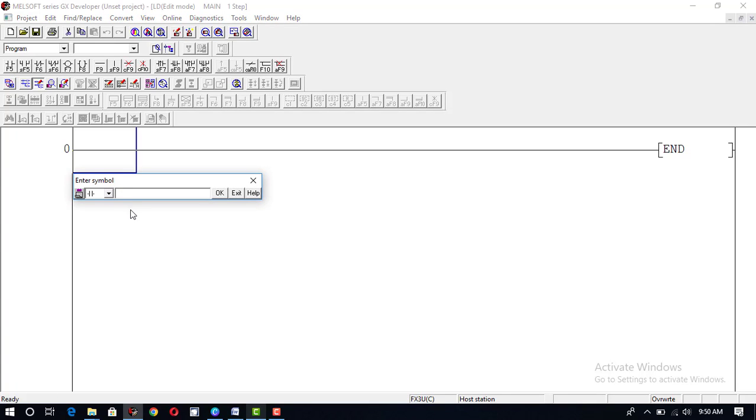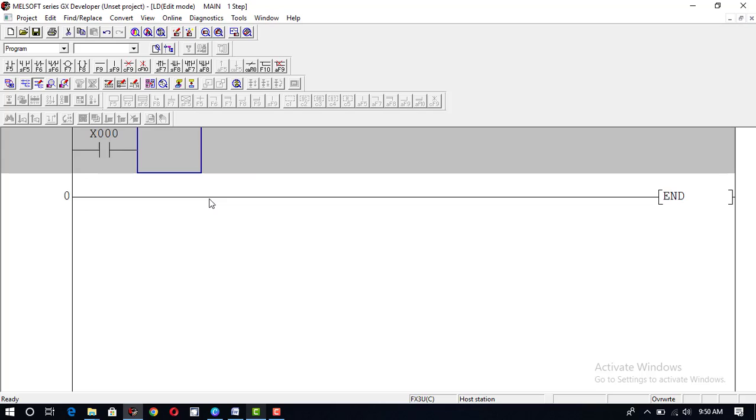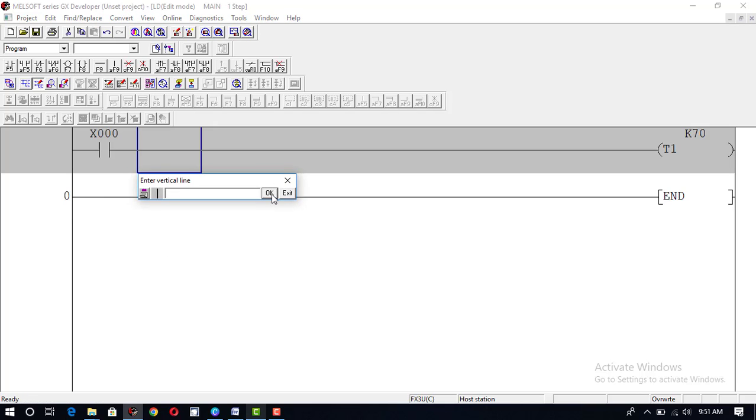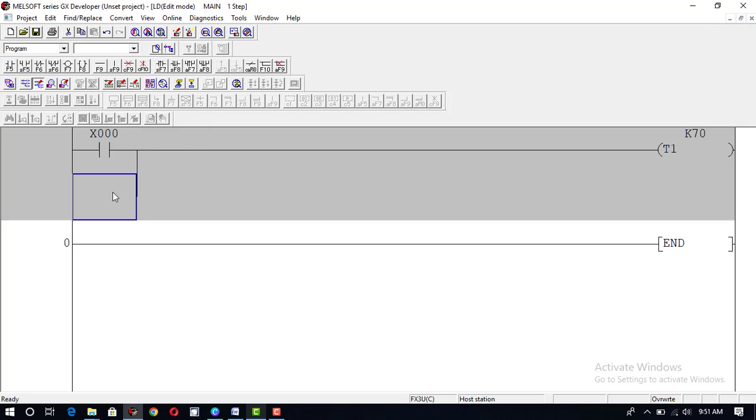First of all, we will construct a star delta ladder logic program for the 3-phase motors. X0 is the input and an output timer T1 K70. This is my timer. Here I will draw a vertical downward line and attach an output Y3, which is the contact of the main contactor,